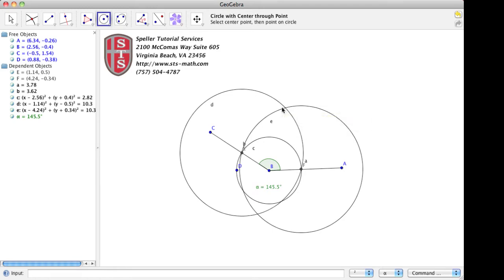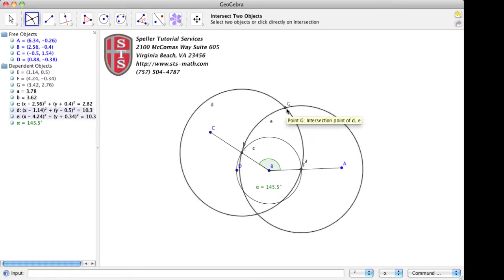What we've done now is created a few more intersections for the circles, but the important intersection that we're looking for here is the one here at the top, because we're going to use that intersection point to create the angle bisector that's going to go from point G down to B, which is the vertex of the angle that we started with. So doing that, a line segment from G to B, and now we have created our angle bisector.